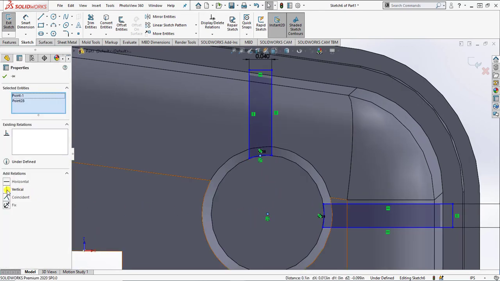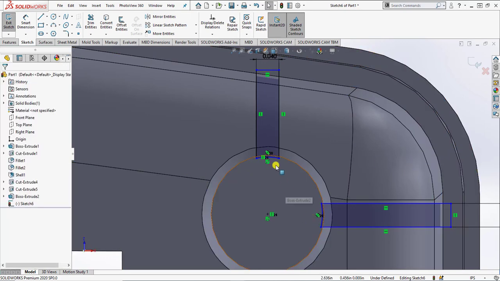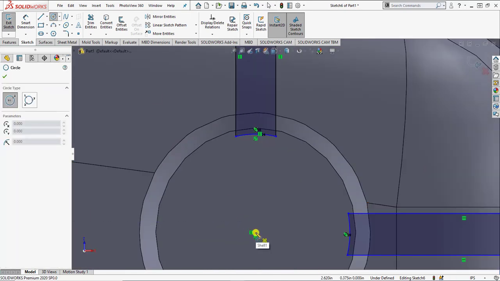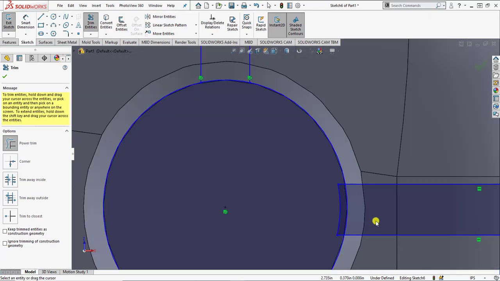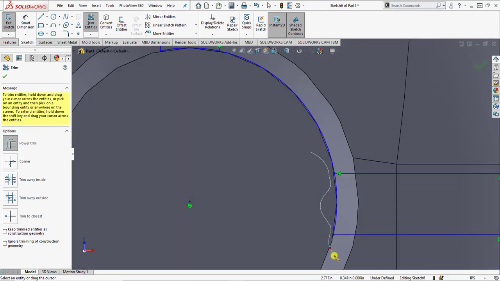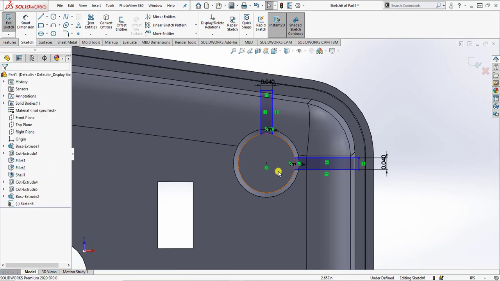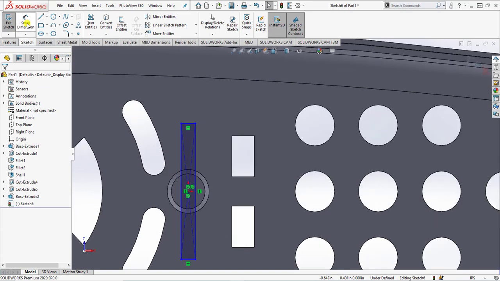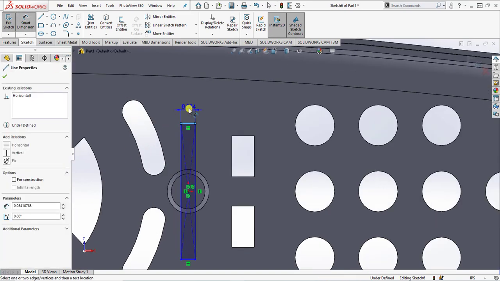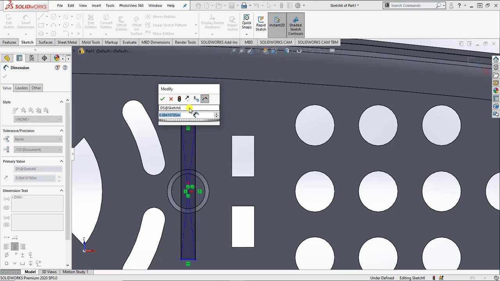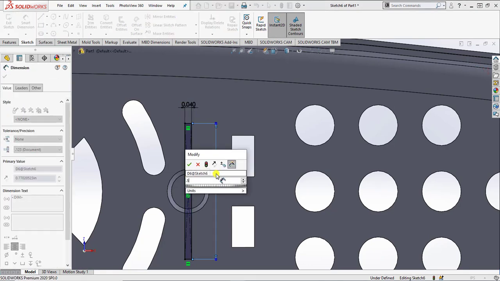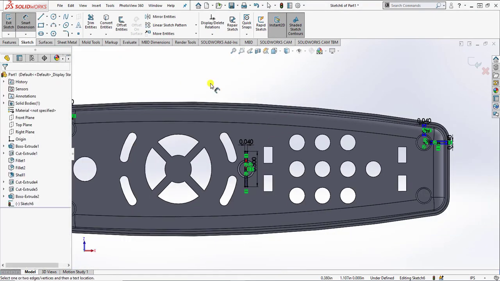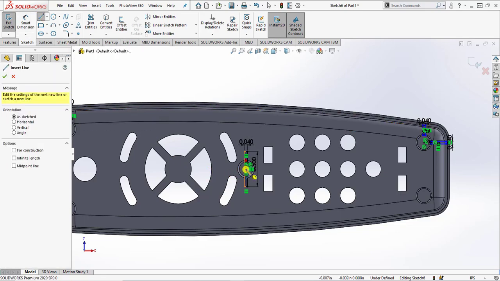This value and this value should be vertical. Okay, alright, it's perfectly fine. Now add the dimensions to the center of the rectangle, that is 0.040, and its length is 0.500. Now add the center line